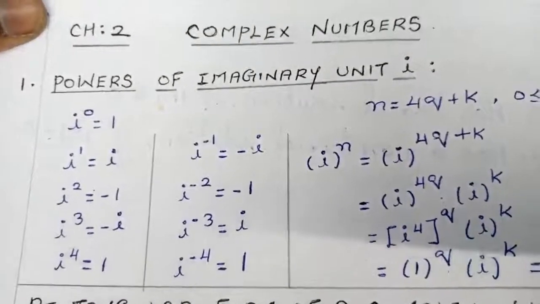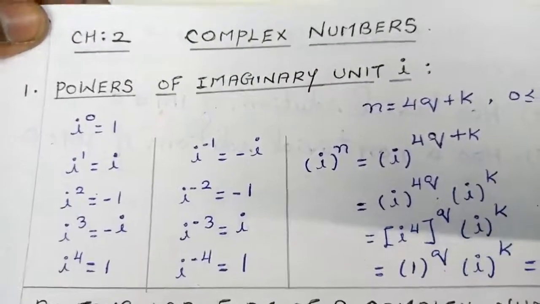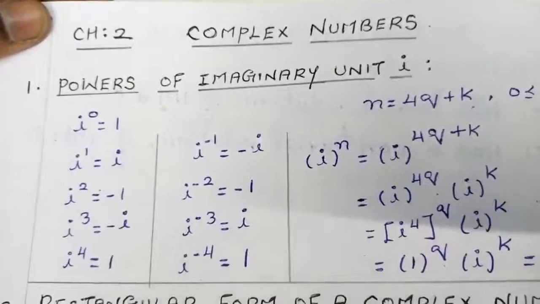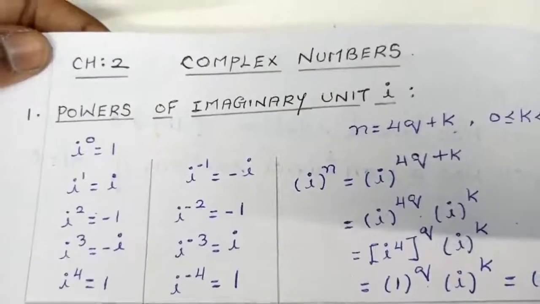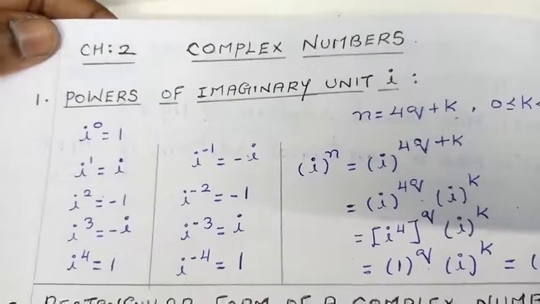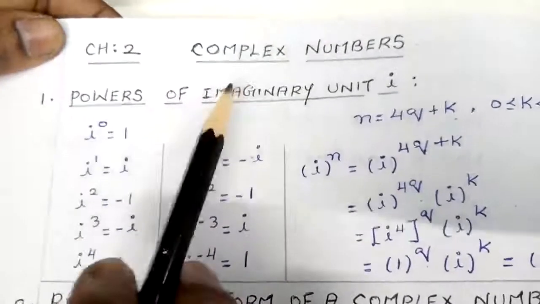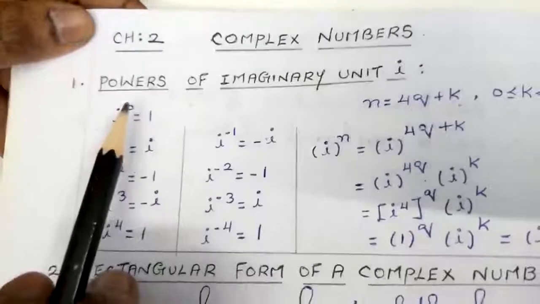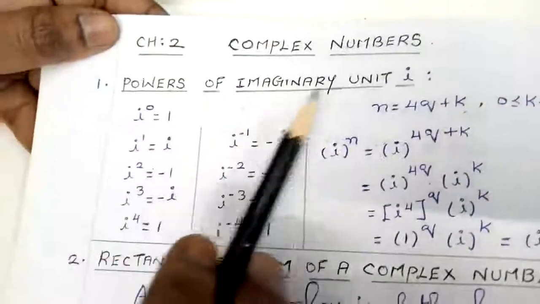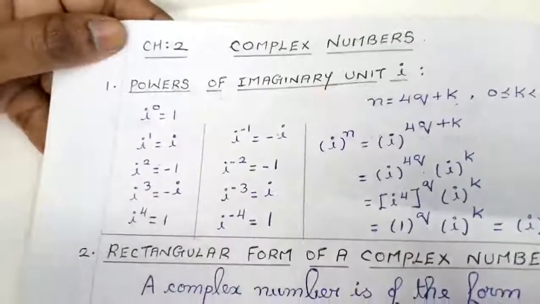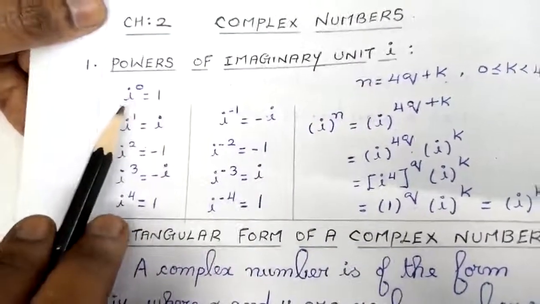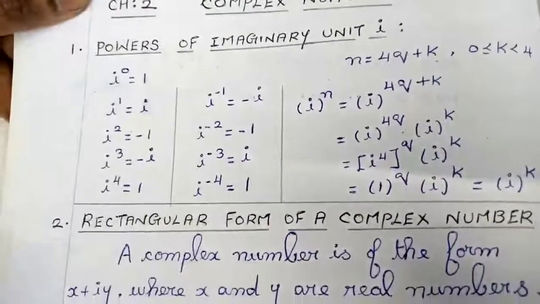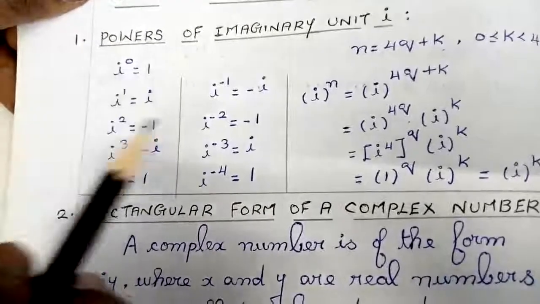Students, now we are going to see some theoretical part in our complex number. Whenever we are going to do the sum, it is always based on some concept. Just we are going to see an outline of the concept now. So, complex number, the first one is, I am going to teach you about the powers of imaginary unit i. All these concepts are given to you in a book. In short, I am just going to explain to you.